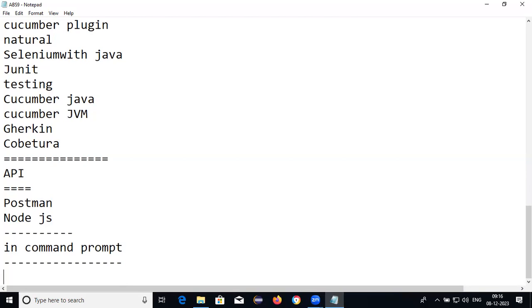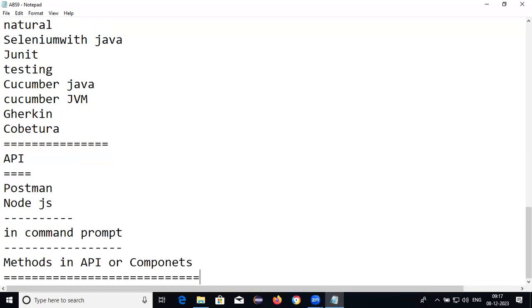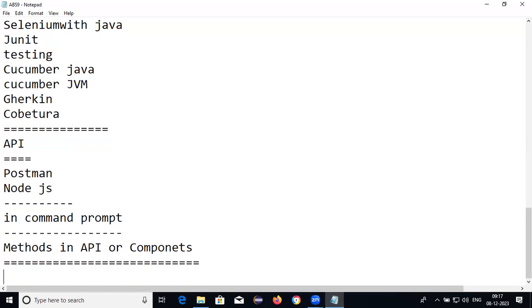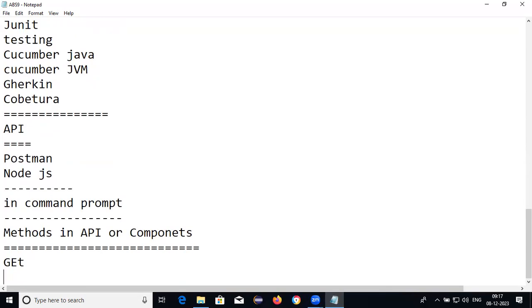Before discussing API testing, first of all we need to discuss the methods in API, which are components. See guys, we have different types of methods in API. The first one is GET.